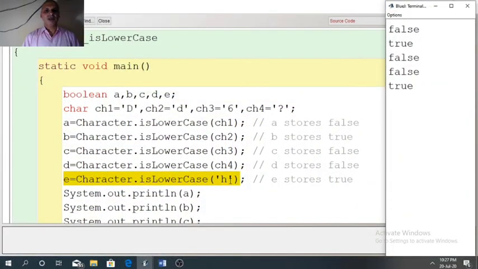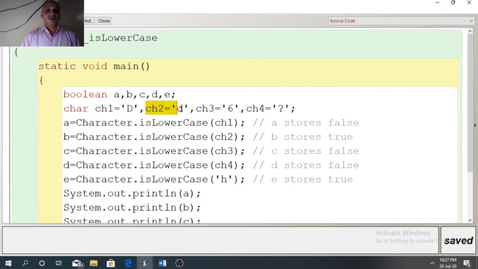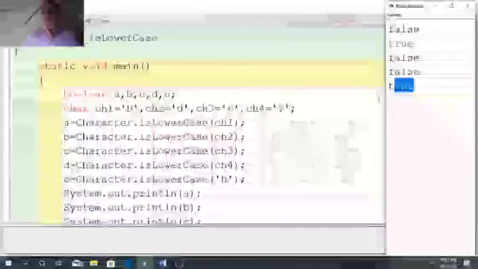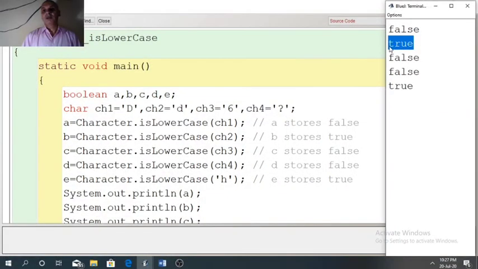Last value was a small h, which is a lowercase letter. So last one is true here. And CS2 is small d. So B stores true. So second one is also true. So this function is also over.